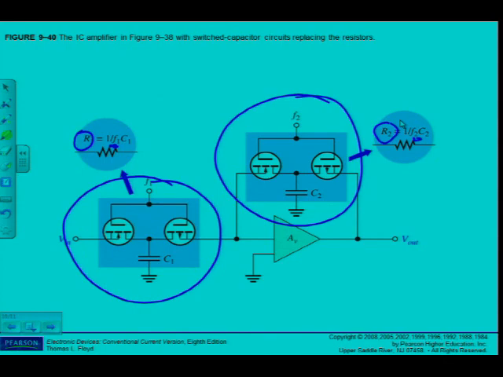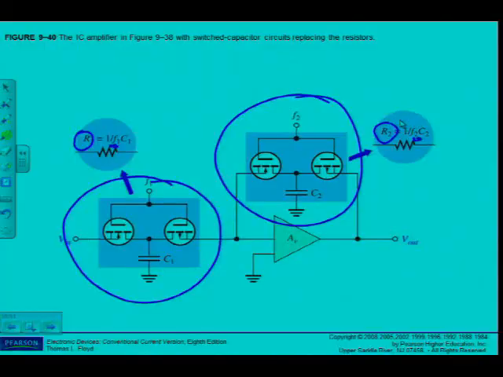Okay, so we've seen what the advantages are: less heat generated, smaller, and so forth, specifically for use on integrated circuits in these specific amplifiers. All right, so that is another application